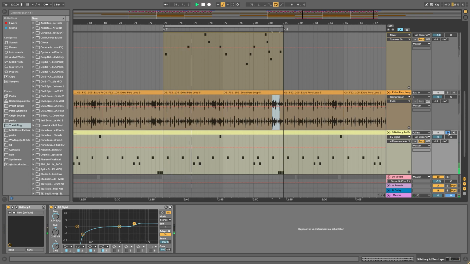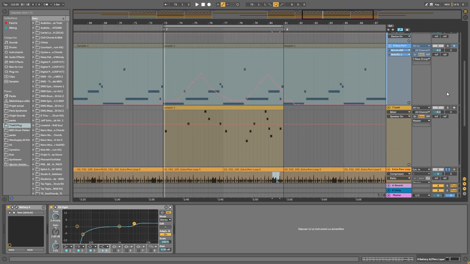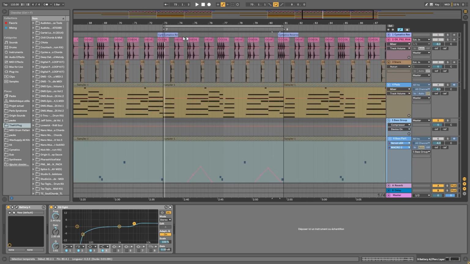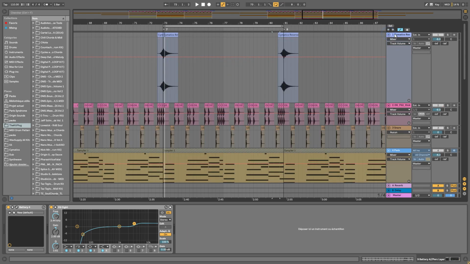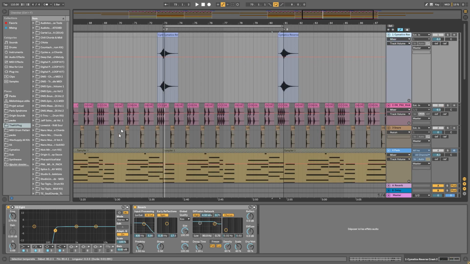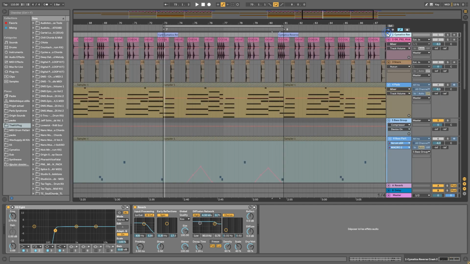So nothing crazy. We have a shaker, some toms, another tom, and we have a clap fill at the end to add some variation. So if I solo my drum elements again, we have a layer here of reverse crash, nothing special, and EQ8 and reverb. So if I play all my drums together,